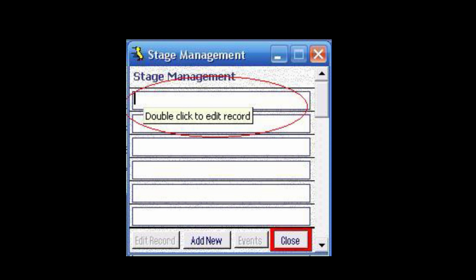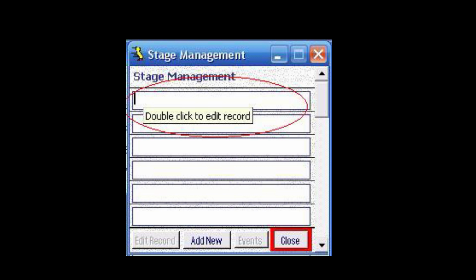Once in edit mode, a user can simply double-click on a particular record to enter a particular stage or feature. Metadata Utility uses simple to use naming conventions for their features management section, and the main